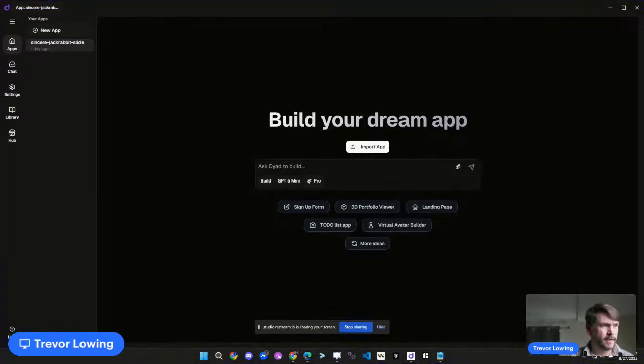Ah, better. All right, so this is Dyad, and it looks like every other page builder out there. It has your little chat prompt here. It has some settings where you can import things and attach things to it. You can do settings, app, new app, and then within an app you have chats. And this is pretty handy. You can install it on Windows, Linux, and Apple. And the website is